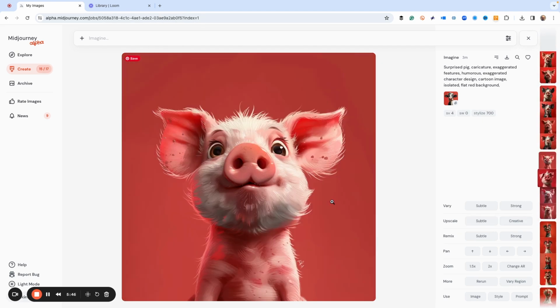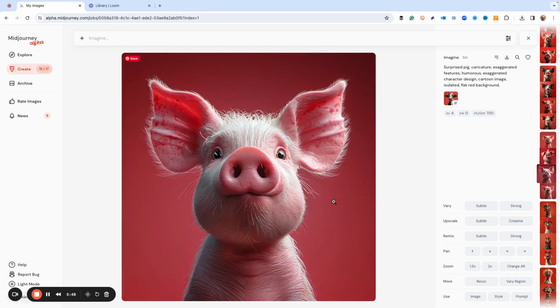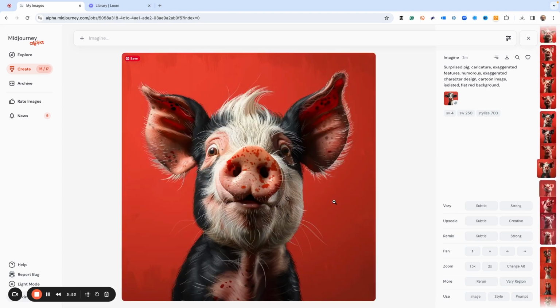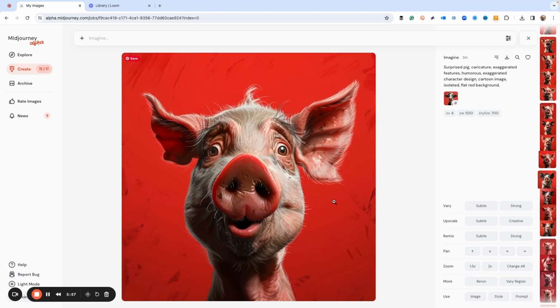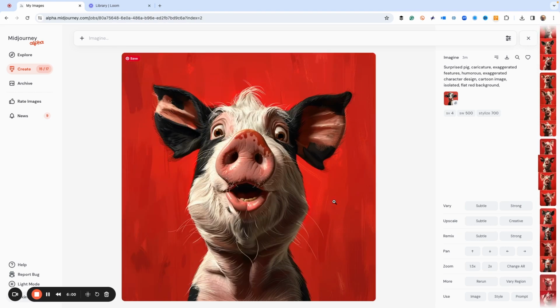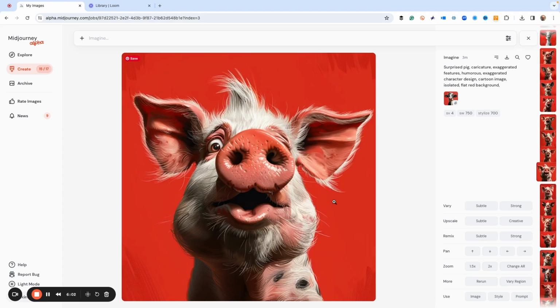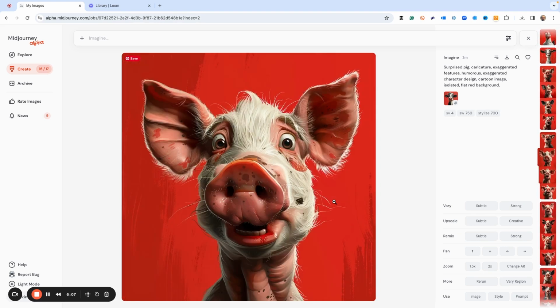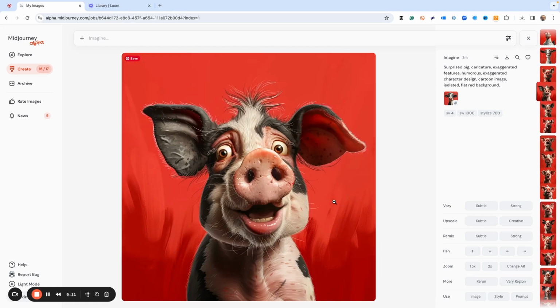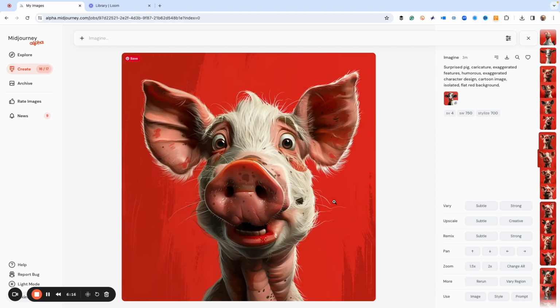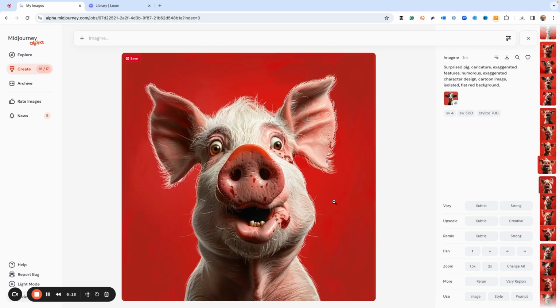And then finally, let's check the pigs out. I like that one just because it's got a big nose. And all right, some of these are kind of silly. Let's pick the one with the big nose. That one's just hilarious to me.